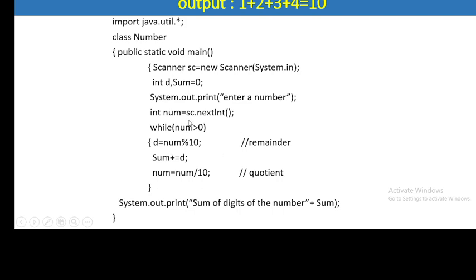So this is the logic behind how to separate out the digits. Let's say a variable d is there for digits. For doing the sum of the digits, a variable sum has been taken. Initially sum is 0. Now when we enter a number, we have to keep on dividing the number till we get a 0.